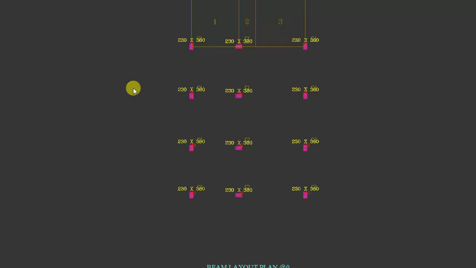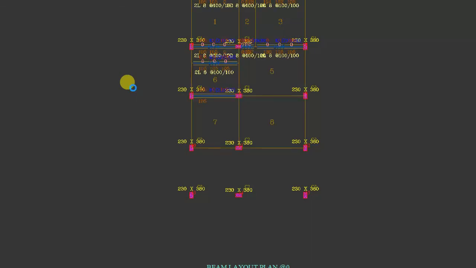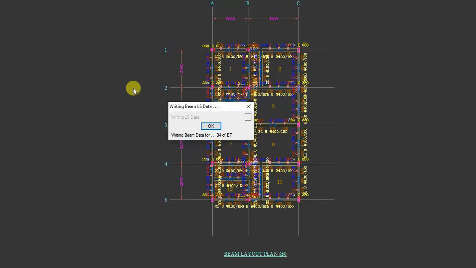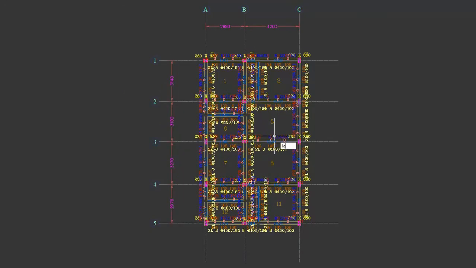Here I am picking the point for developing the plinth beam layout plan. It will generate framing plan with beam numbering along with size of the spans. It will generate numbering in order, that is, first it will give numbering in horizontal direction, then vertical direction, then any odd direction beams based on the layout plan. I am switching off the unwanted layers.